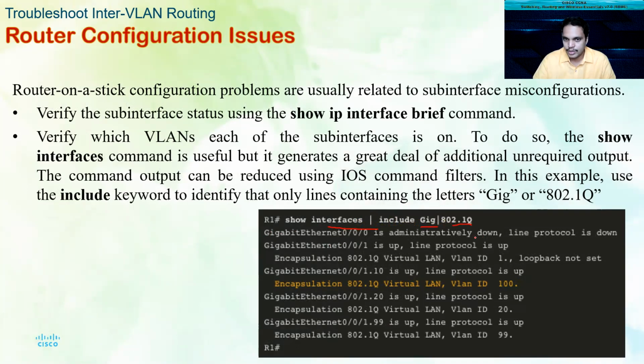If you see, it is administratively down, line protocol is down, and for the other one, it is up. The VLAN ID is given. So here you can actually see whether the right sub interface is assigned to the individual VLANs or not. And sometimes the IP address configuration done on these sub interfaces might also be a mistake. So this troubleshooting will be easy once you start doing it, rather than just learning the commands. If you start using these commands to verify the outputs and see if everything is done properly, then you can get a better idea.